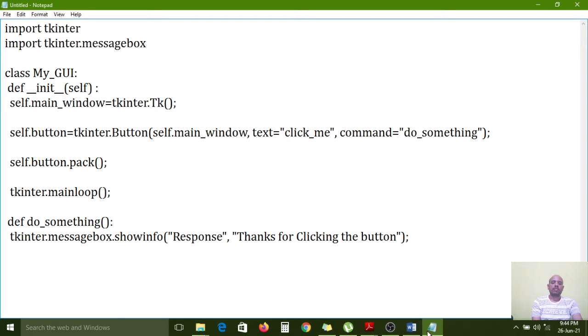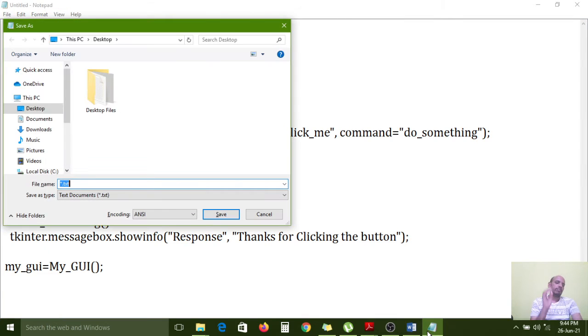So over. Now I want to create the my_GUI object, the my_GUI constructor. So now I am saving this one.